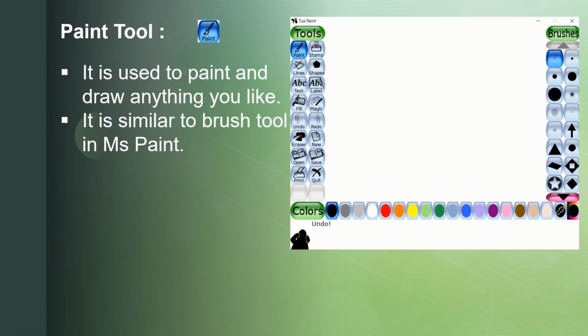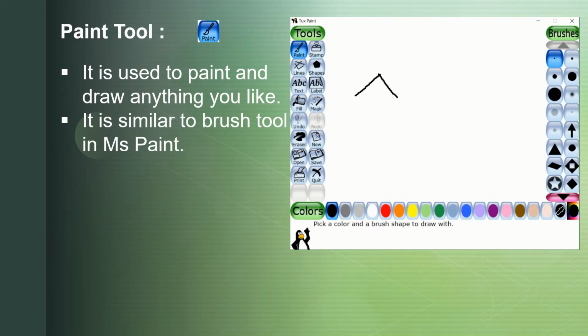Paint tool. Children, we have learned the paint tool in MS Paint also. The same paint tool is in Tux Paint. It is used to paint and draw anything you like. It is similar to the brush tool in MS Paint.